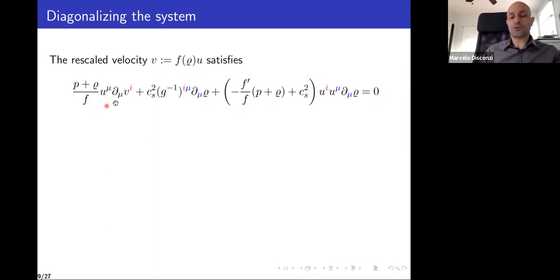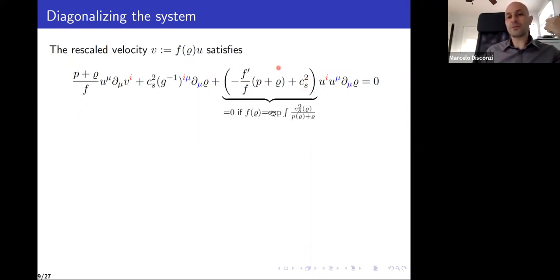And you want to be diagonal, so you don't want any other term to have the material derivative. This term here is fine because even though you are summing over mu, this is the Minkowski metric, which doesn't have any off-diagonal term, so this involves only spatial derivatives. But this term here involves the material derivative. In particular, it involves a time derivative when you sum over. So you want to kill this term.